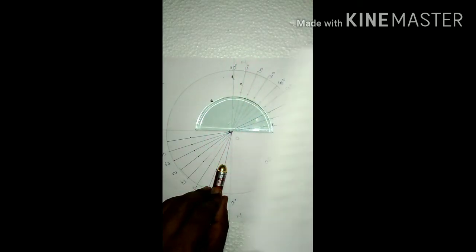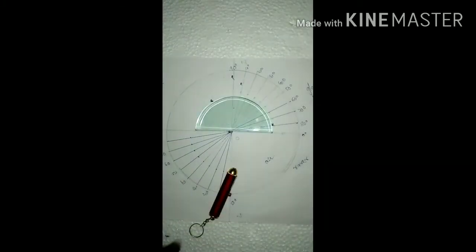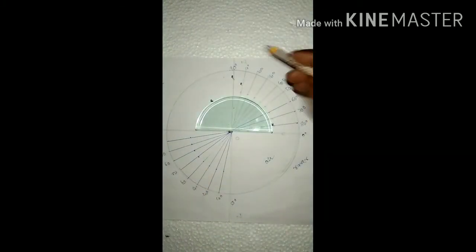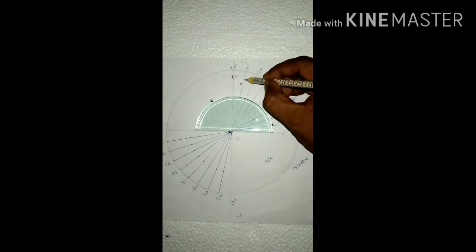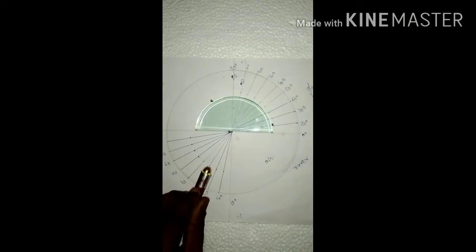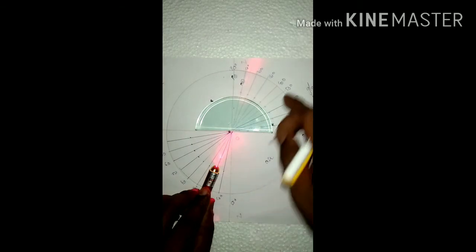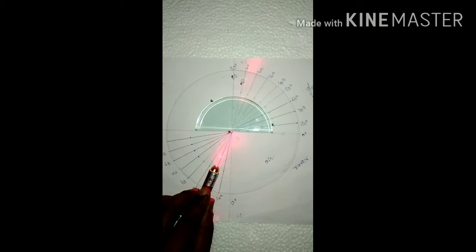Like that, again I noted in the table, here angle of incidence is 10 degrees, angle of refraction is 9 degrees. Then once again place, see here, this is the first case and this becomes the second case. In the first case the laser is passed from the 0 degrees line. In the next case the laser is passed from 10 degrees. Then in the third case, serial number 3, the laser should pass at an angle of 20 degrees from air to glass, that is base to curve, that is from rarer to denser.